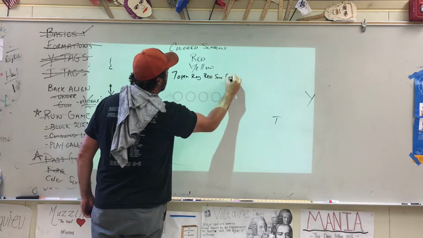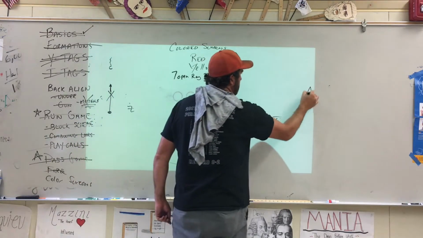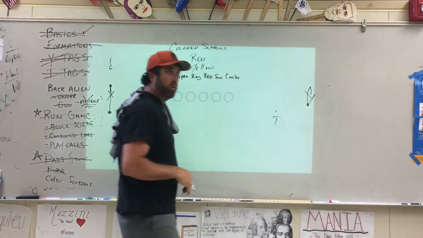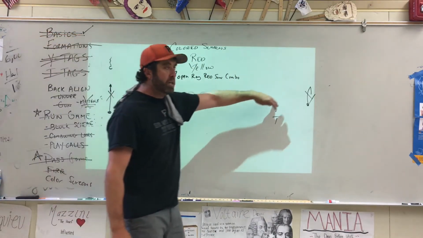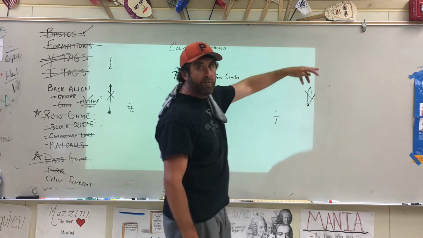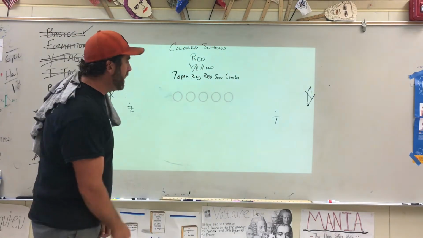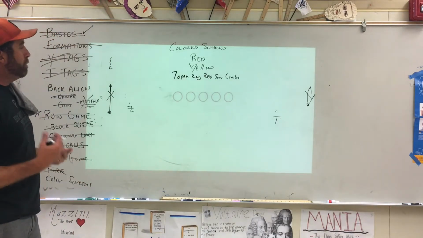Now, we usually call it, so for example, this would be 7, open, red, screen, combo. Because I want to do it both on the same side. The quarterback is going to make a choice. He's going to pre-snap read and go, you know what, I like this side, the corner's way off. Hey, I like this side, this corner isn't very good, whatever it may be. Hey, my better receiver's over there, whatever. Okay. What the blocking is